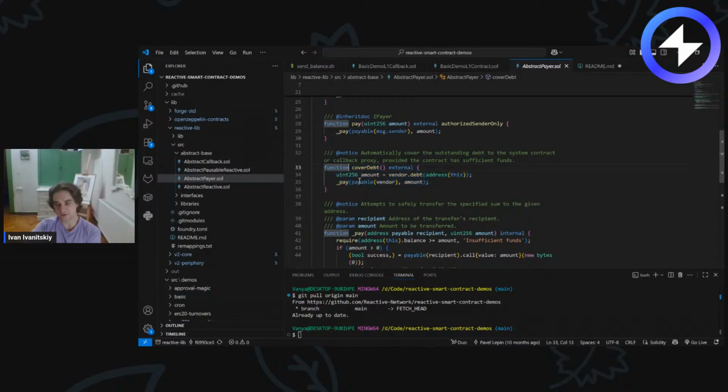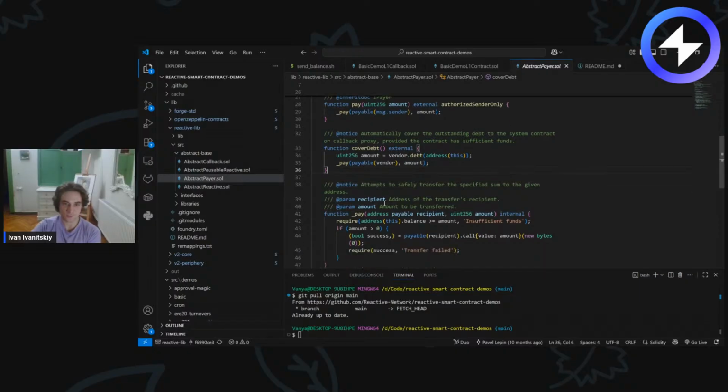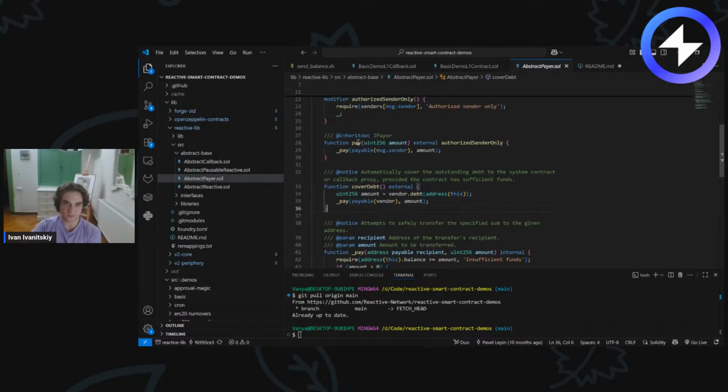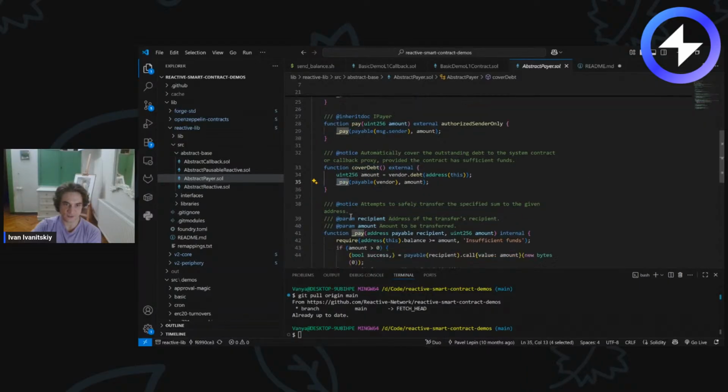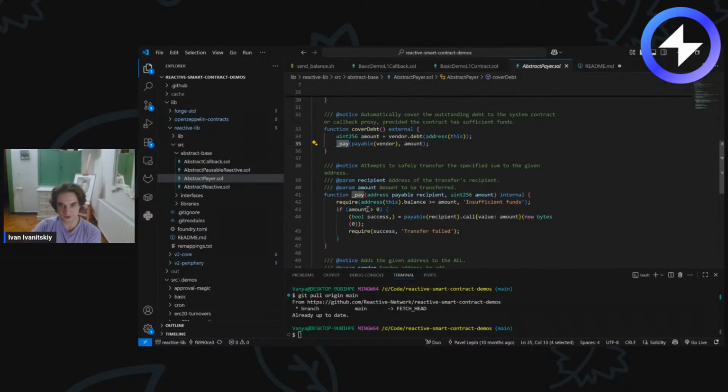Please check the economy article in our docs, which explains in detail how to do that. But basically, that's the function that you need to call to cover the debt so that your contract starts working again. And as you can see, both these functions, pay and cover debt, call this underscore pay function, which